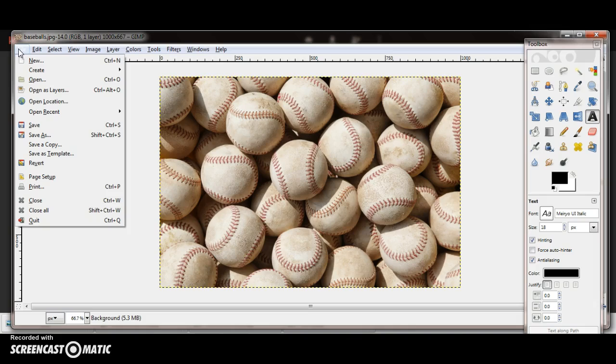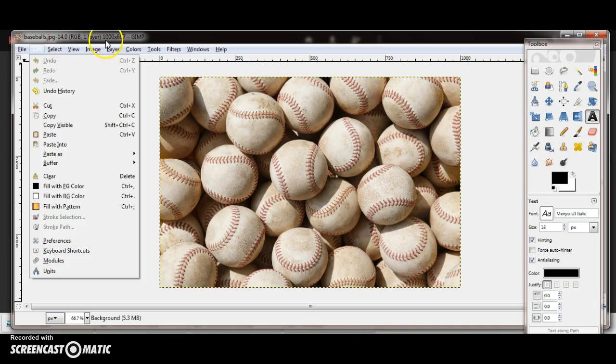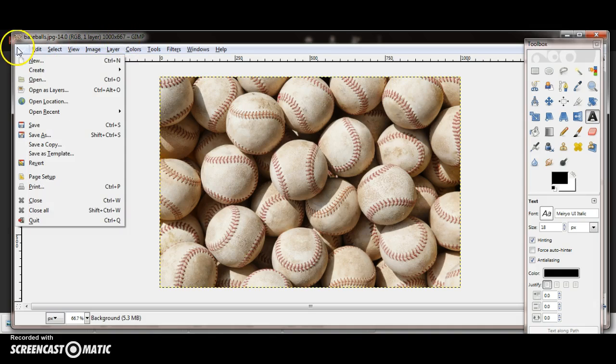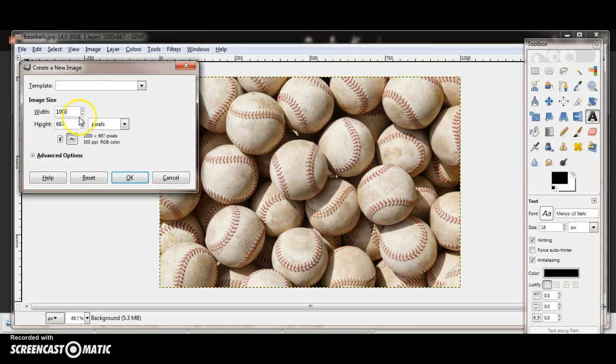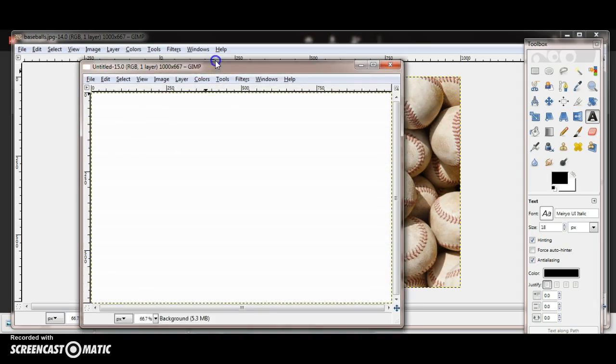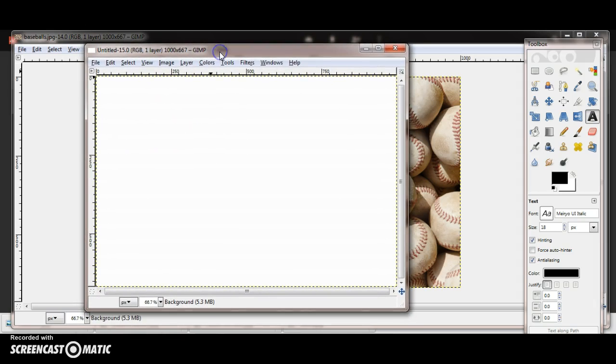The reason we want to open this first is because when we create our new image we want it to fit perfectly. If we look up here, it's 1000 by 667 for our size. So if we go File, New, it wants to create another blank image at the same exact size as the image you're going to insert into the word. So hit OK, and now I have a large image,